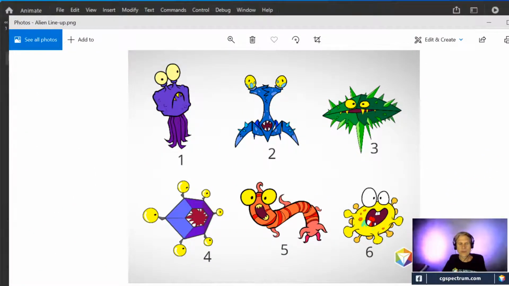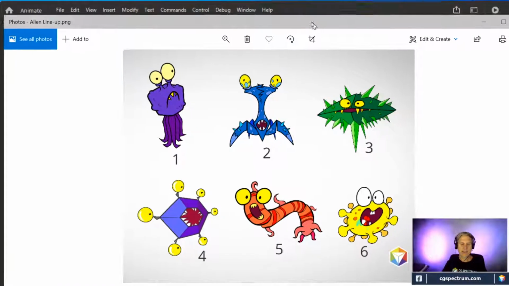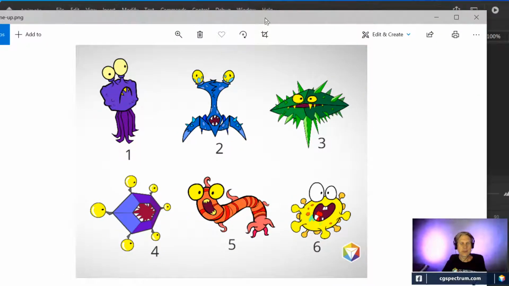But anyway, this was what I was looking at, at least the drawn version of it, and looking at this and going, well, okay, what do I want each one of them to be able to do? I'm talking about number 5 right now. Again, you're seeing the final colored version here on the screen, but the original rough drawing was just like, well, what should it be able to do? Well, it's snake-like. It should be able to undulate like a snake. But how do I do that without actually going in and animating it by hand with all those stripes?